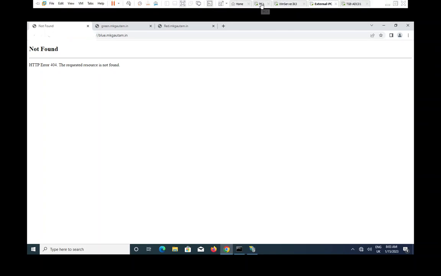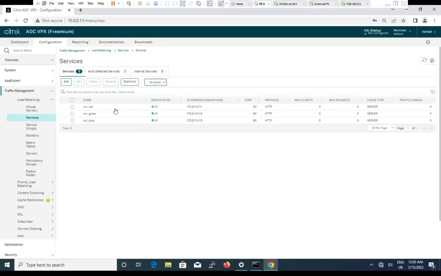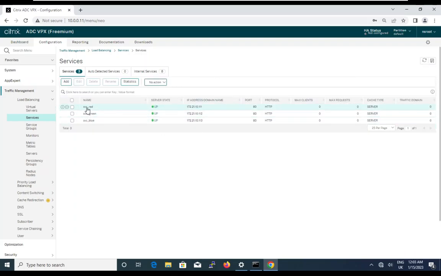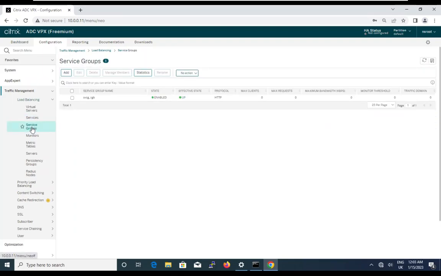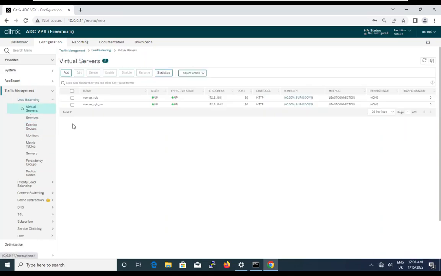Now let's see what status is showing here. You see here, in this case, the service is showing up, but actually my service in the backend is not working. So is it going to create a problem? Yes. Even if you go to the service group, you see it showing up, there is no change. Go to the VIP, no change. Now if someone tries to access